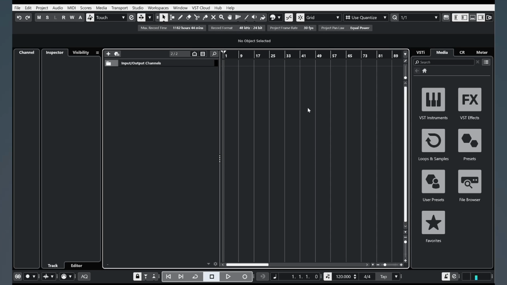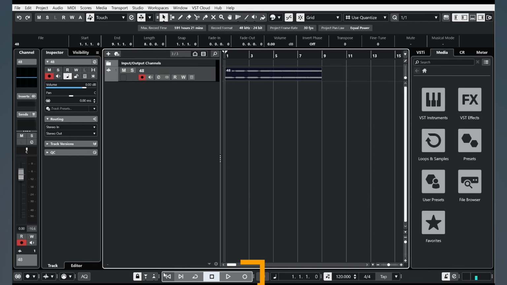Let's talk about the button panel, but first of all let's drag and drop one sample here. Okay, now we have a sample in our project. Let's check these buttons. The first are go to previous marker and go to next marker. Let's go to the beginning and to the end of our sample. The next is the loop button. If we want to loop this section, we need to choose this icon